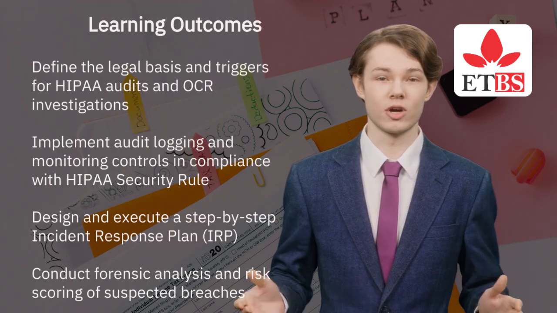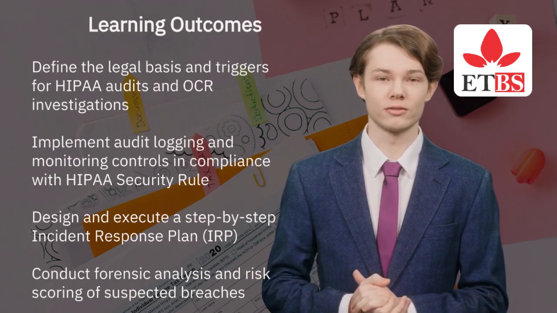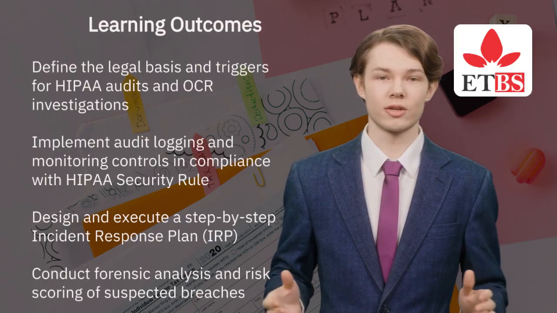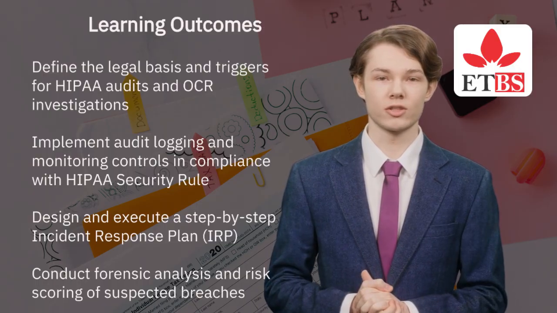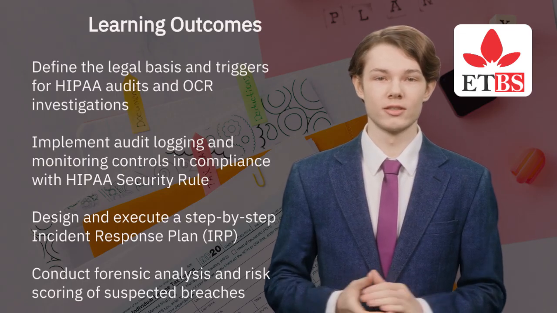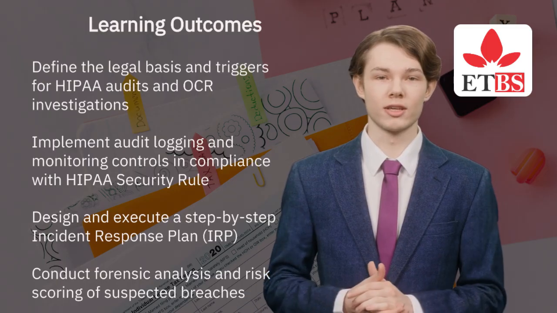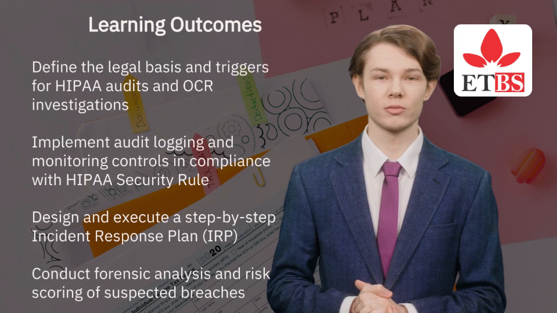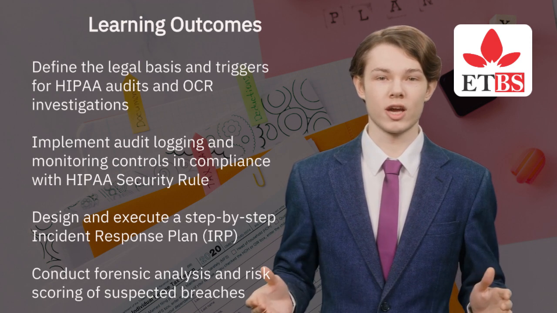By the end of this module, you will be able to define the legal basis and triggers for HIPAA audits and OCR investigations, implement audit logging and monitoring controls in compliance with HIPAA Security Rule design, and execute a step-by-step incident response plan, IRP, conduct forensic analysis and risk scoring of suspected breaches, manage communications with OCR, legal counsel, and